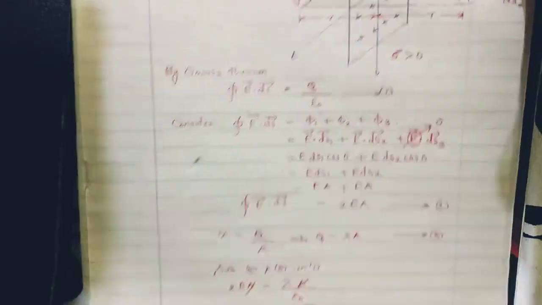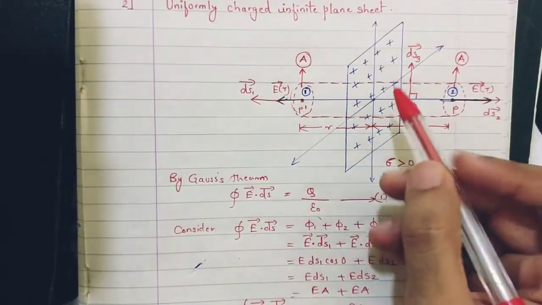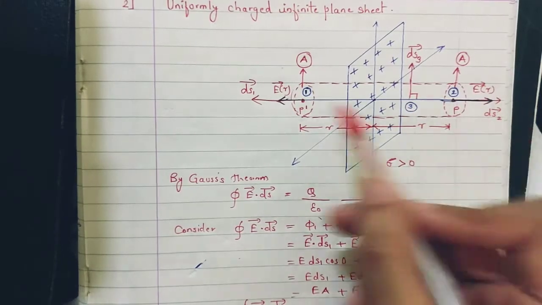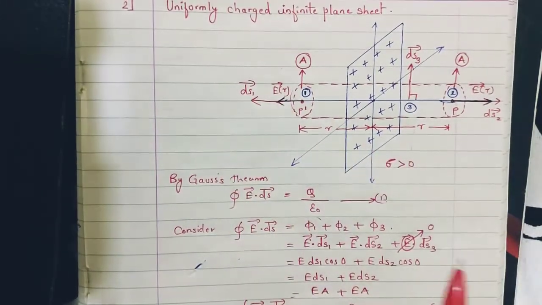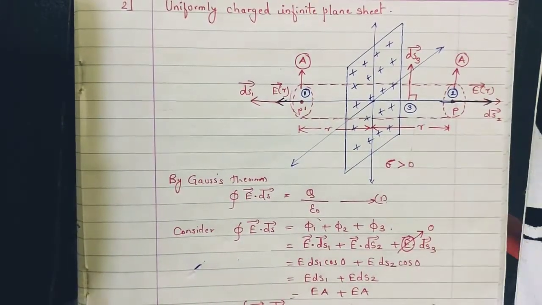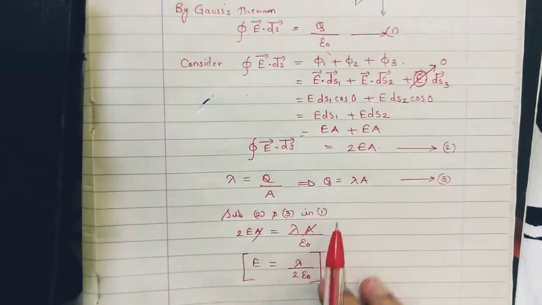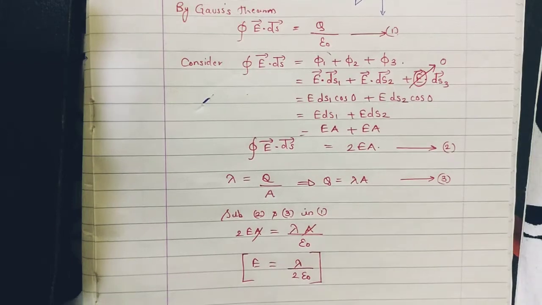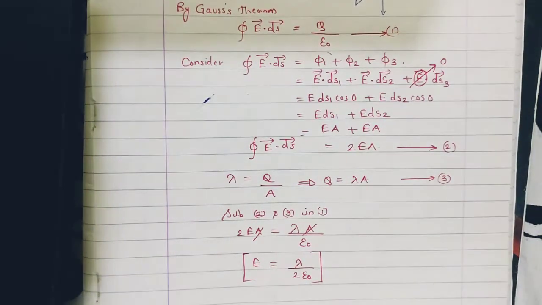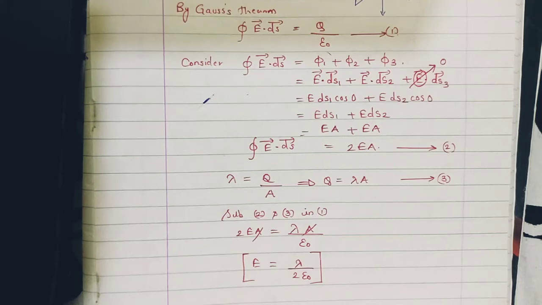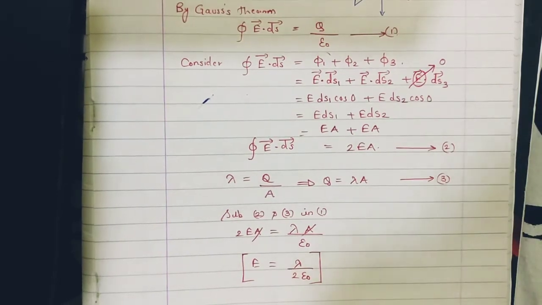Another thing to remember over here is, for a positive charge, the electric field will always be pointing outwards on both the sides, and for a negative charge, the electric field will be pointing inwards. And the last point to remember, again I'll repeat, is that the electric field for a uniformly charged infinite plane sheet is independent of the distance to the observation point. It will remain uniform throughout the vicinity of the uniformly charged infinite plane sheet.